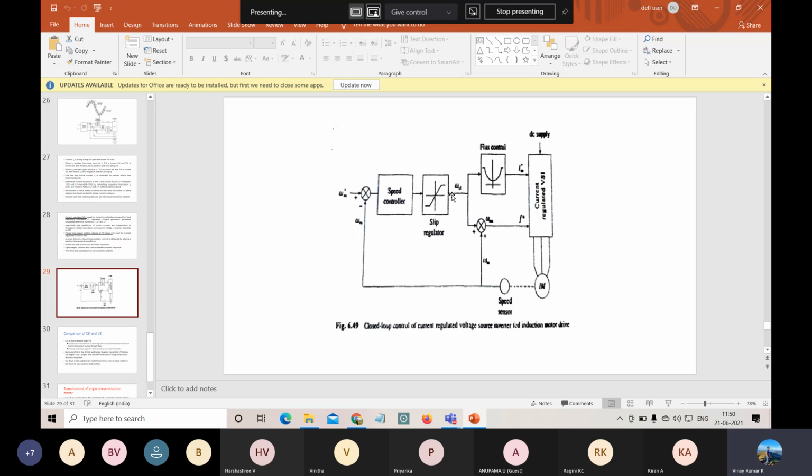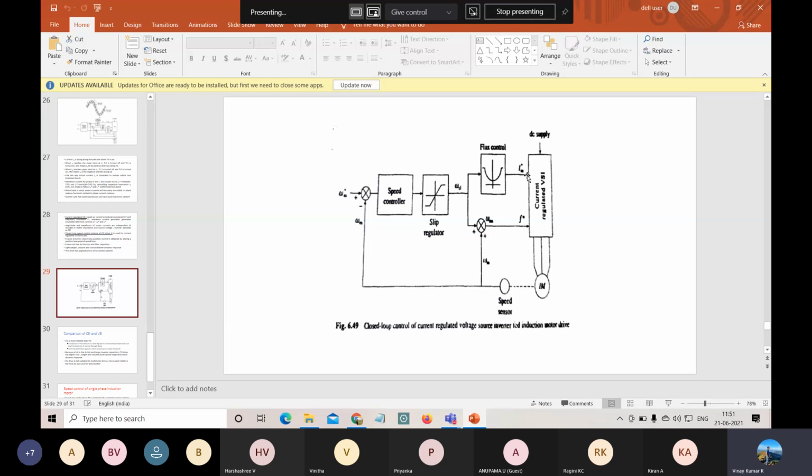So the obtained value will be your omega SL. So this omega SL and the PI regulated values. So here also one more PI will be there, and here one more PI. These PIs will be used mainly for reference purposes, comparison purposes. So if you go by comparing, you will get one standard value, and those standard values will be supplied into our drives. Okay. So in order to get particular values for that, we need PIs. These values are our IM star and F star. So IM star, that is the magnitude of current, or the mean current.